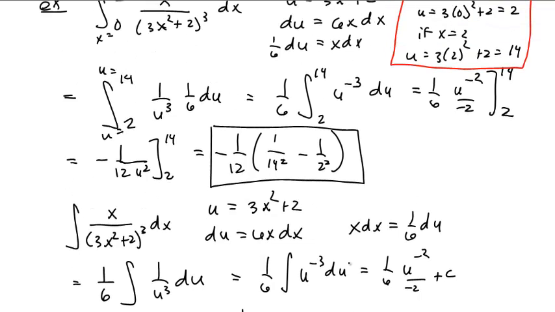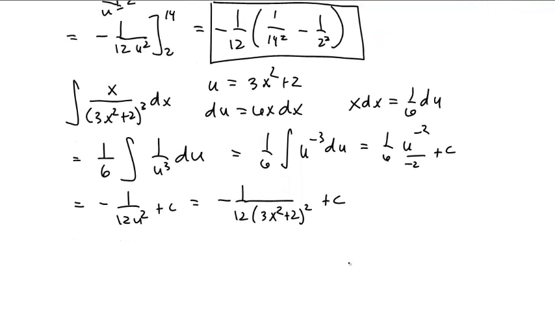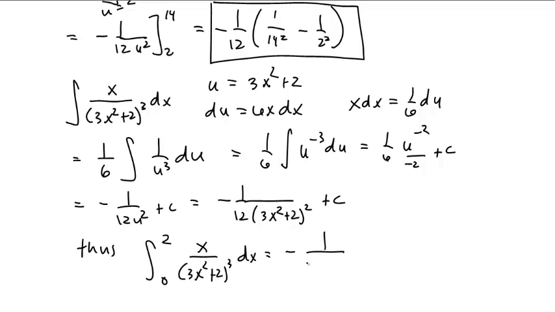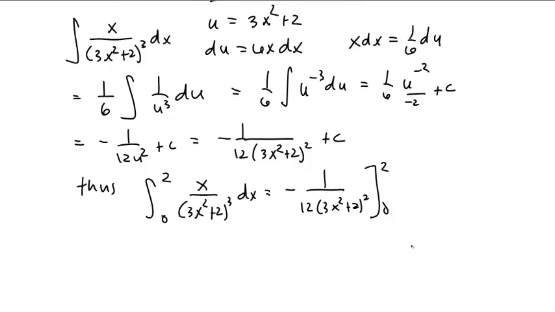And if that's the case, what were we integrating from 0 to 2? Thus, the integral from 0 to 2 of x over (3x squared plus 2) cubed dx is negative 1 over 12 times (3x squared plus 2) squared from 0 to 2,